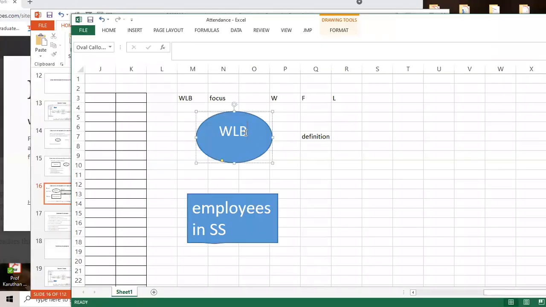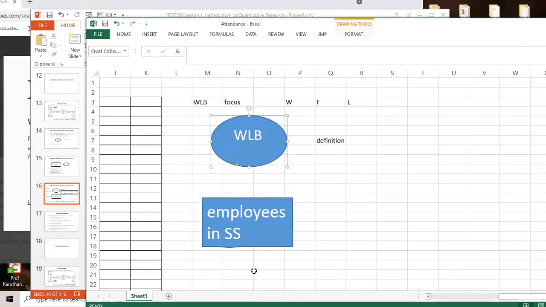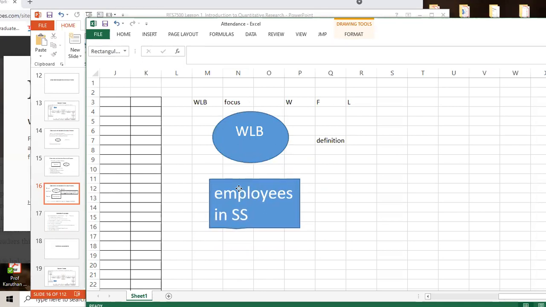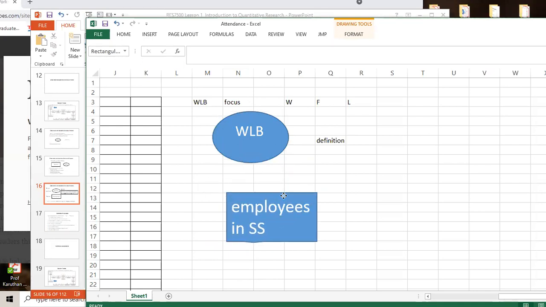Work-life balance. Now what's the title now? Work-life balance among employees in the service sector. That's all. Right? Instead of going from the title sentence to the area, I'm moving from the area to my title. Another person may say industry.